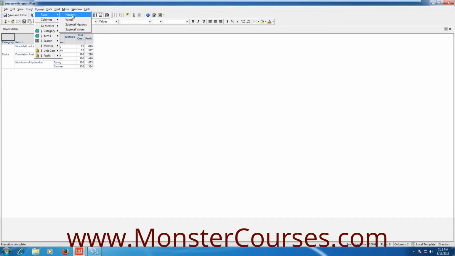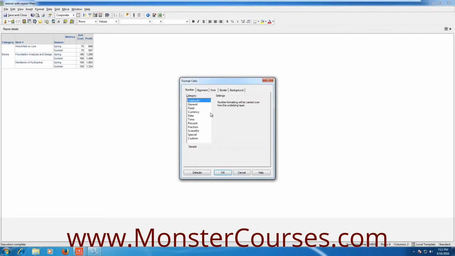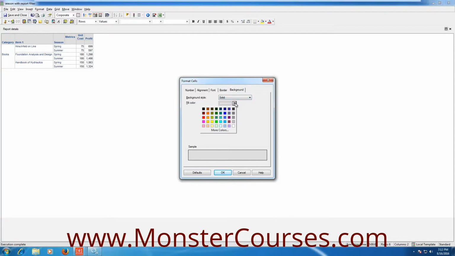You want to change color for all the metrics. You can do it, okay? Let's say you wanted to do it for all the column values. Select column values. Okay? Now here you have the unit cost, profit, everything. If you want to make it currency, this is a number format. You can do it easily, right? But go to the background tab. On that background tab, select the fill color. Select some red color, whatever you wanted. You can choose whatever color you wanted. Click OK now.